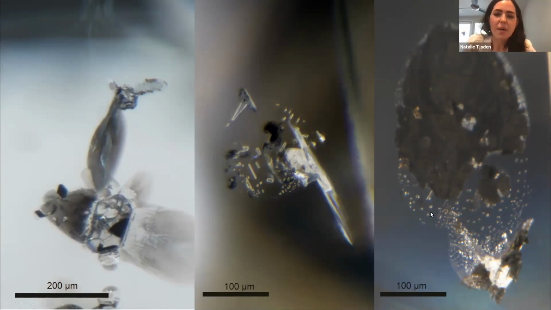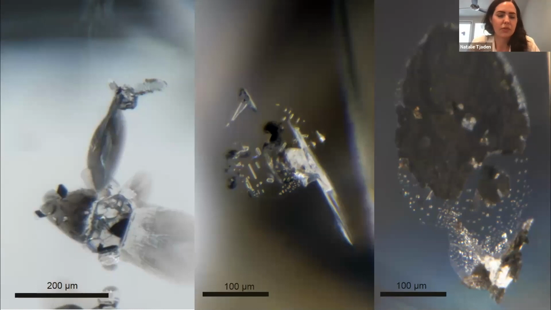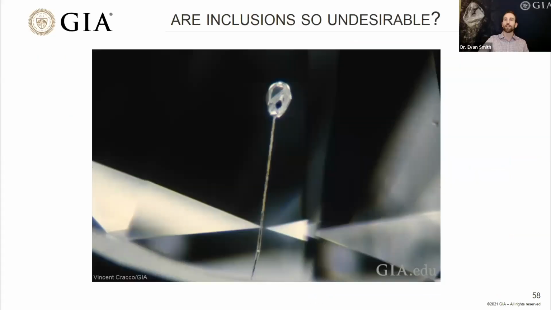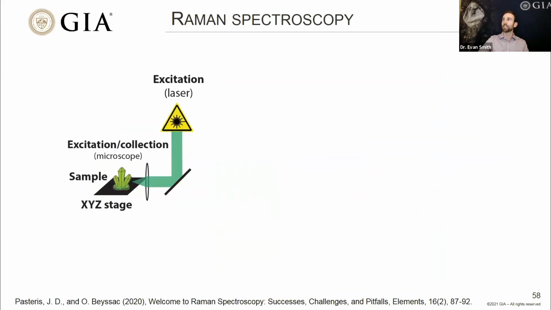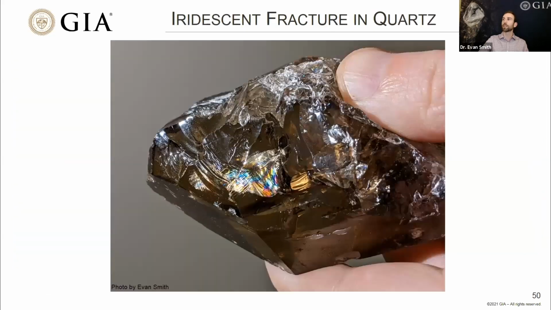Good to know. We had one question about that quartz that you showed earlier with the iridescence. Can you tell us a little bit more what's going on with the iridescence, and then we'll probably have to wrap up this talk for today. Why don't I just go back to that slide and make it easier? So in that piece of quartz, there is a fracture in it. So there's a crack, and that crack has some width to it. It might be 1 or 2 microns, just a little tiny, tiny gap that's actually filled with air.